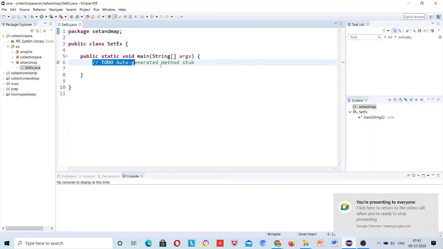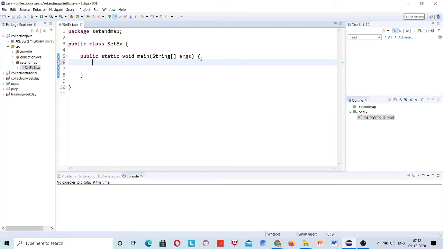Why, what is the need of actually set? Here we need to first understand that set also adds the values, right? Array list also adds the values. So if I compare to array, we know why we use the array list, right? So similar reason for set as well.